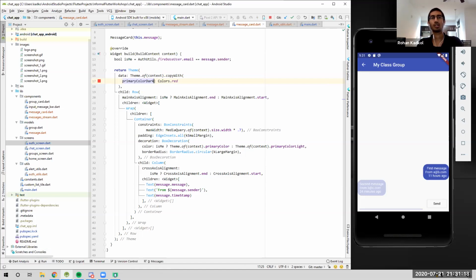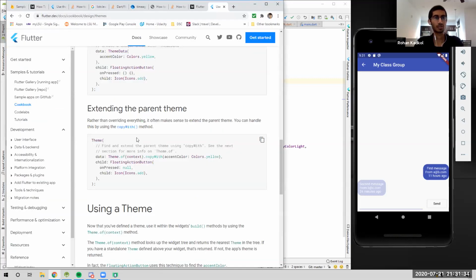This also didn't work. No. Oh, primary color. I don't know how to do that. Copy with